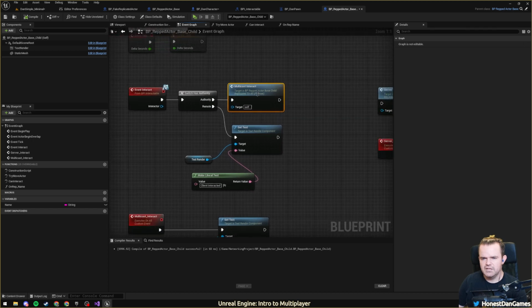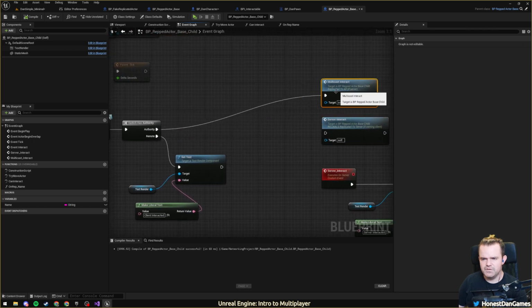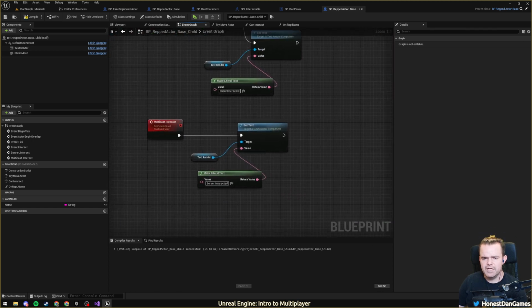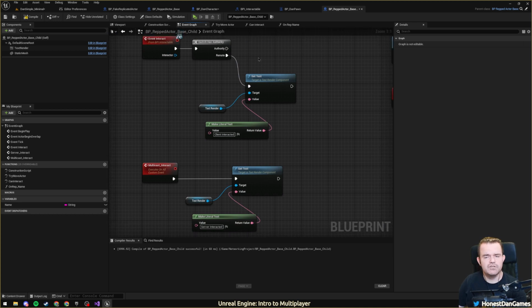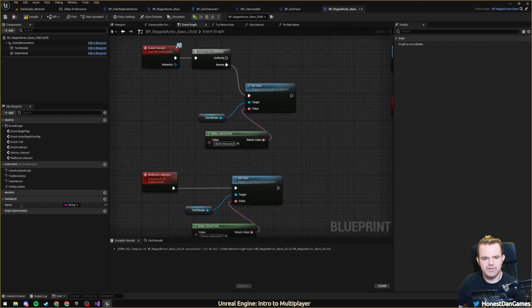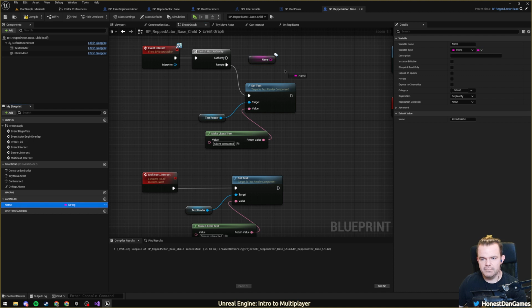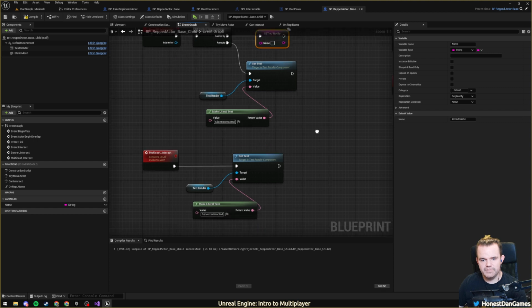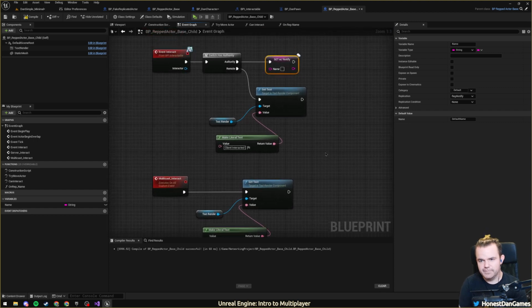Okay, cool. So let's go ahead and swap this out. Instead of doing our multicast now, in order to get this to send out, all we need to do is change the data. Change the data and the server will send it out. That's the plan at least, right? So we get this value. When I drag this in, sorry, I should hold Alt when I drag it in. I'm going to go ahead and hook this up and I can set it to be what I want it to be. So here we're going to just say